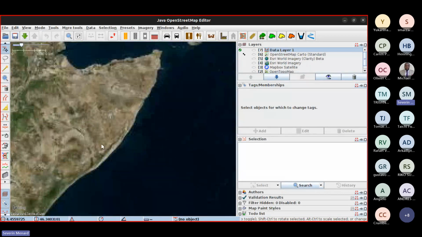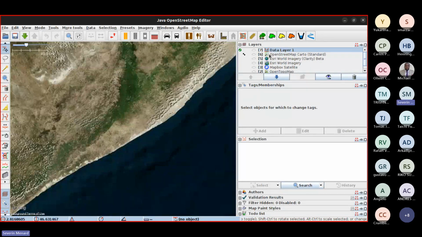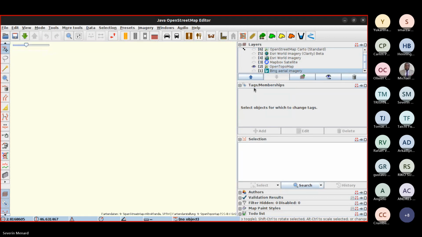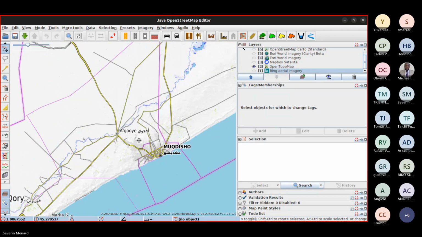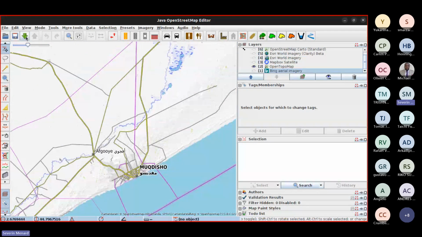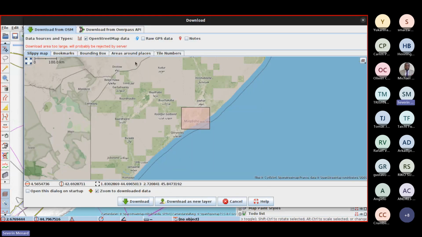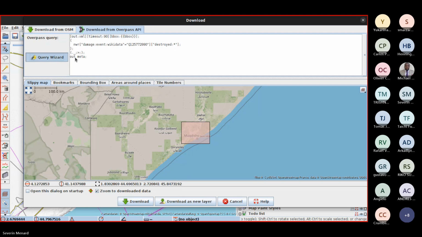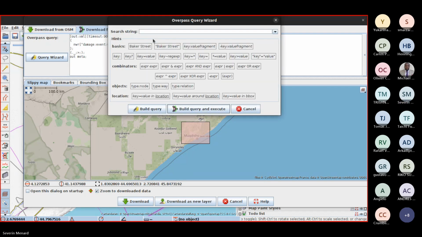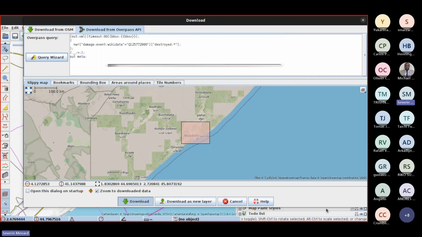Okay, I can go again, look at the issue, and decide to check what has been done. So it was almost one year ago. Look, build query, and execute.